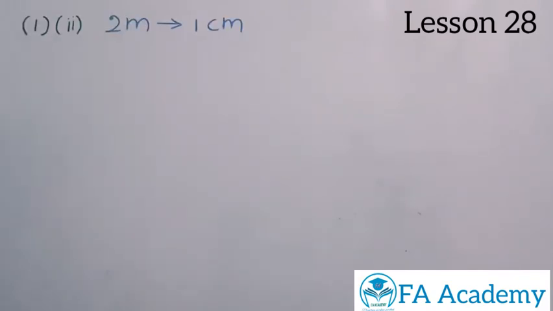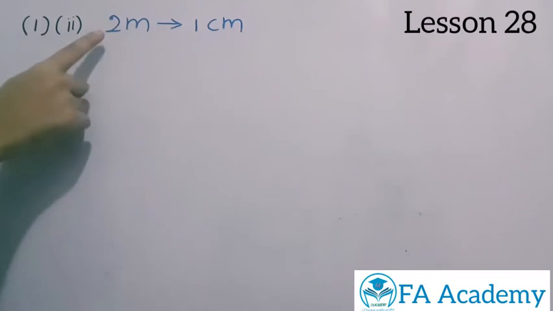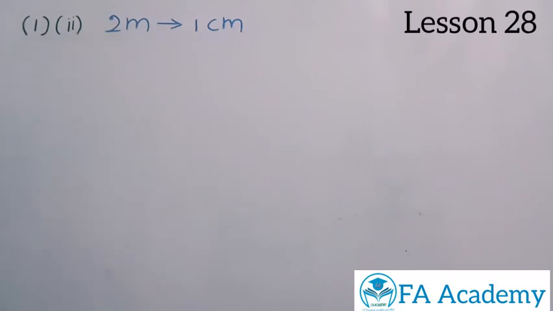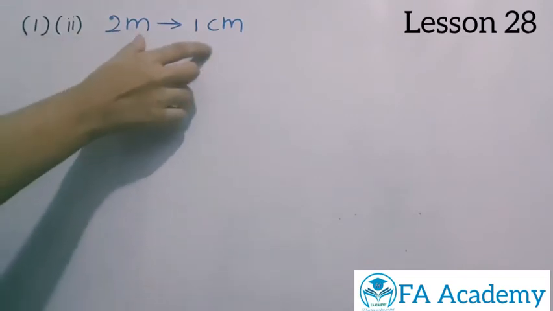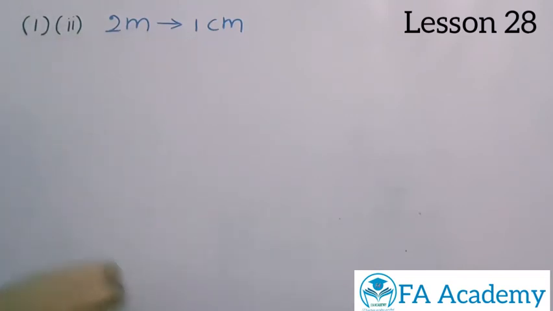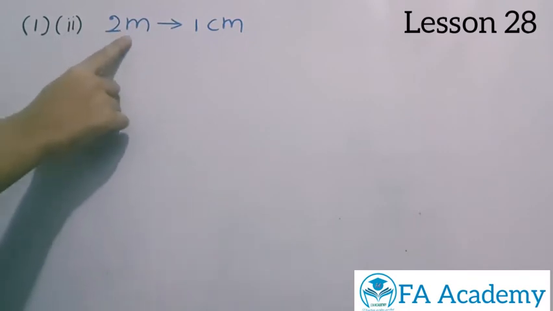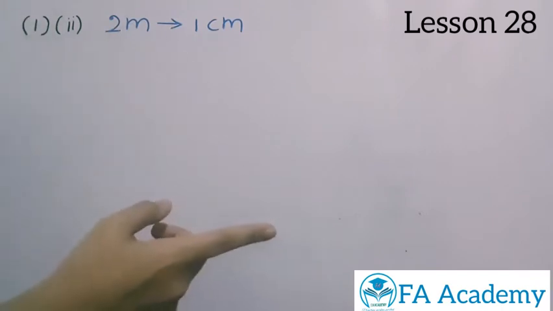So let's take the second one. I'll show you how you have to write in ratios. So they have given 2 meter. What you have to do? You have to convert it into 1 centimeter given scale. So if they have given the scale 1 centimeter, the actual length is 2 meters. So in that case what you have to do? You should turn these into 1 unit. So they have given 1 centimeter, no. So what you have to do? You have to convert this 2 meter into the same unit.